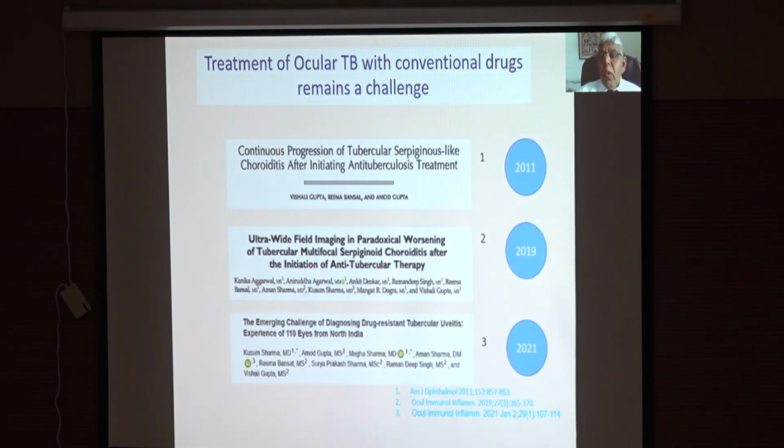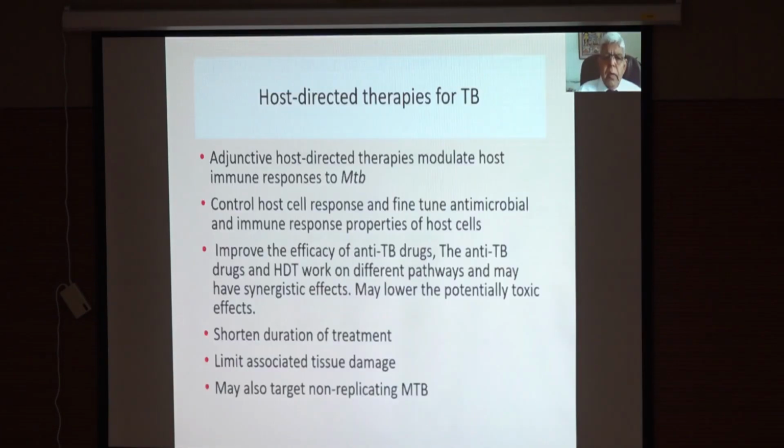Also, we found more recently, in the last 5-6 years, when we started doing GeneXpert and line probe assay, or gene sequencing to look for the mutations which are responsible for drug resistance in these patients, that nearly 5 to 7% of these patients with uveitis may harbor the genome of multi-drug resistant tuberculosis. Now that brings me to what direction the treatment of TB uveitis, or tuberculosis in general, is taking